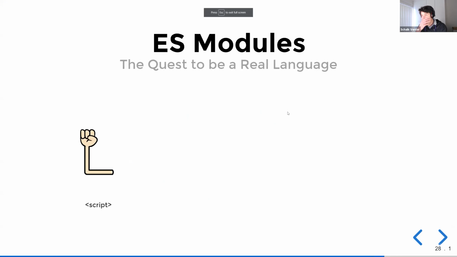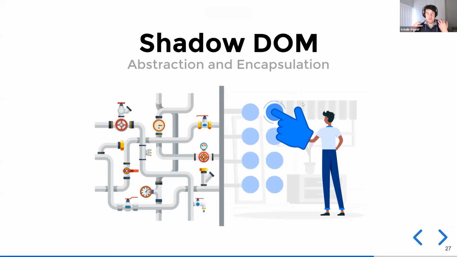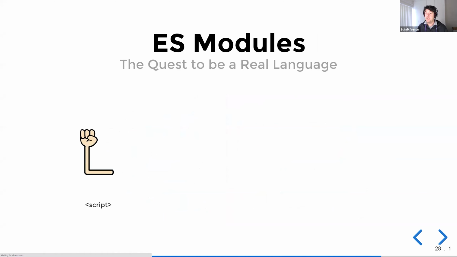So then lastly, I spoke about the Shadow DOM, I spoke about custom elements and how these two things allow us really powerful functionality when it comes to web components. Then in closing, I just want to speak about two other things that I personally feel actually make web components really super powerful. The one is ES modules. So for those of you that don't know, ES modules is